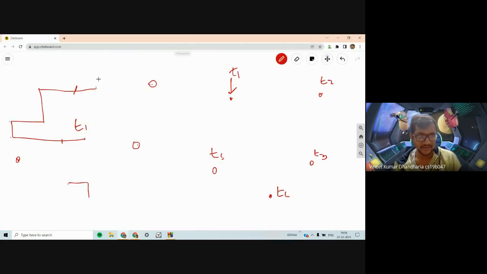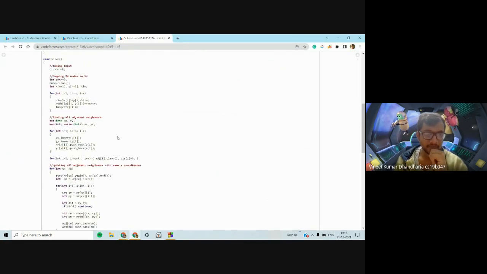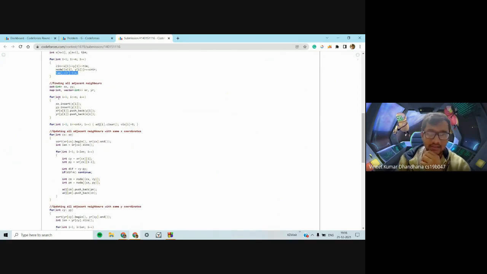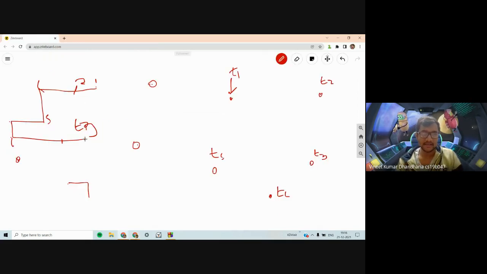So in the diagram, you can say this node is given number 1, 2, 3, 4, 5, 6, and so on. You gave a number to each of the nodes. After that, you have saved the time information as well, after how much time it will explode. Then you define what all pairs are adjacent. You can see that if this mine explodes, it will explode all the other mines as well.